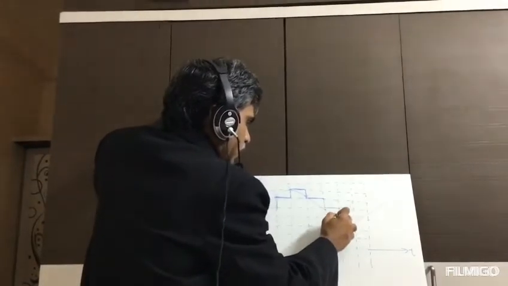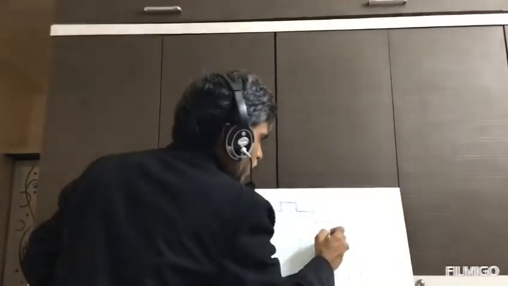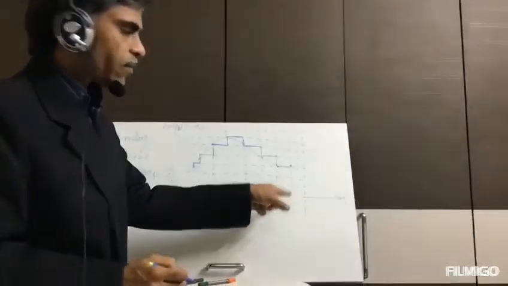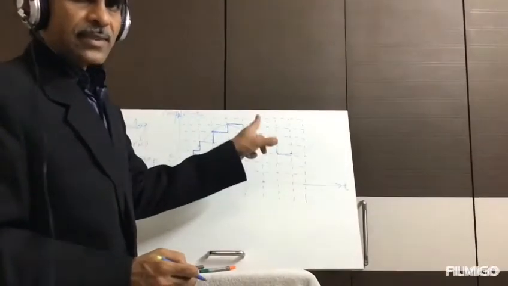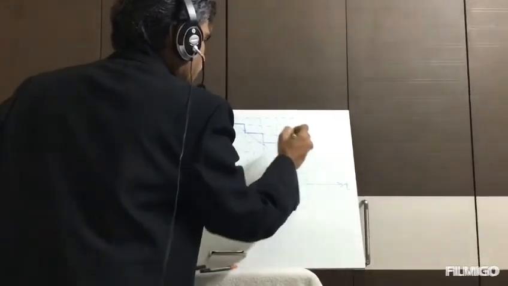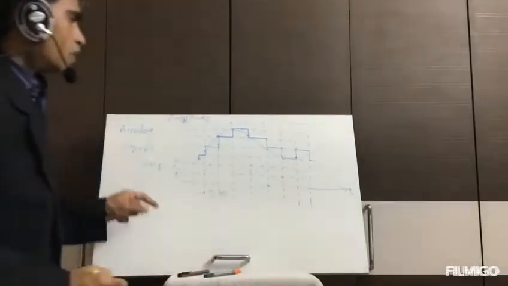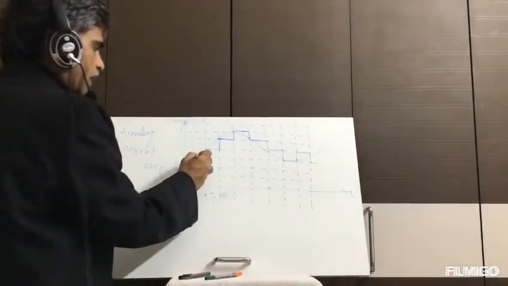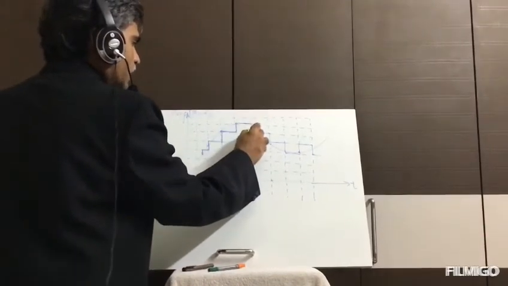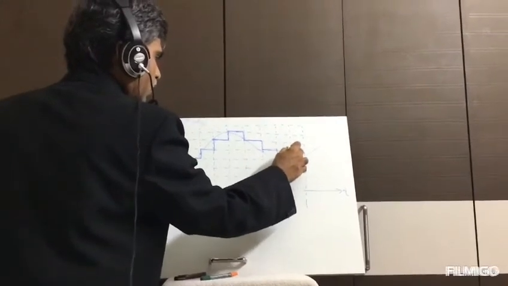the staircase approximated signal comes here, and once it comes over here and maintains the output here, you find the analog signal amplitude at this instant of time to be more than the previous sample amplitude, therefore it rises and maintains its amplitude here. Like that it goes. So this signal which has been generated here looks like a staircase signal, which is also called the staircase approximation of the given analog signal.